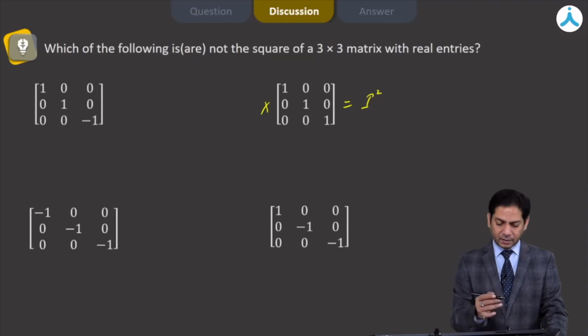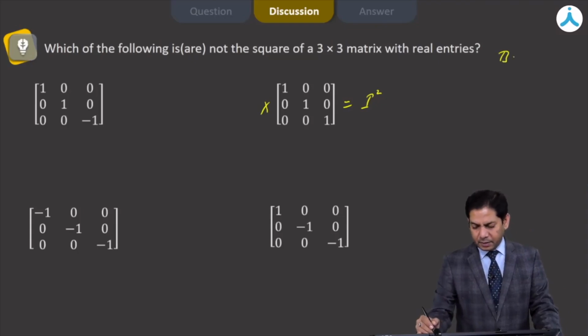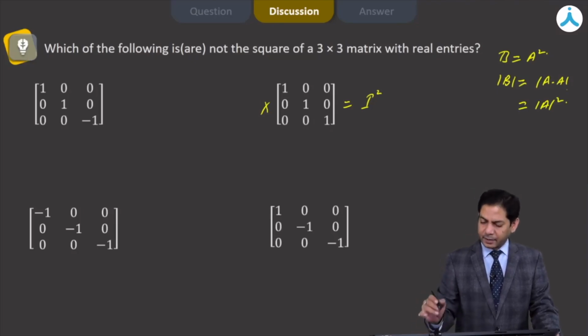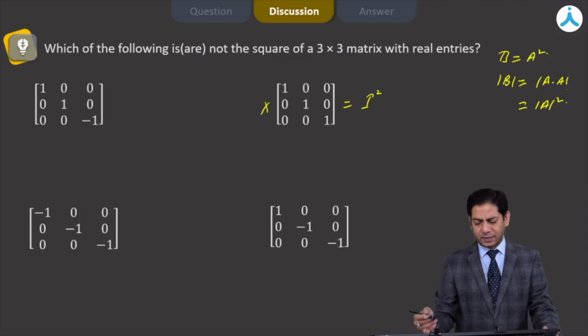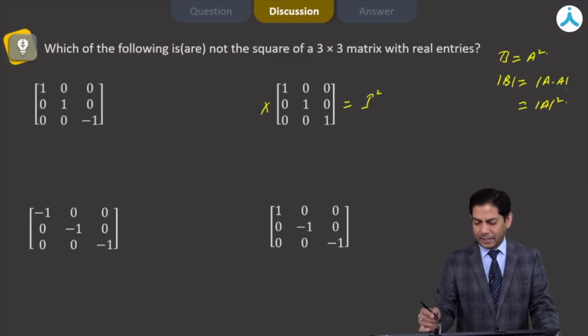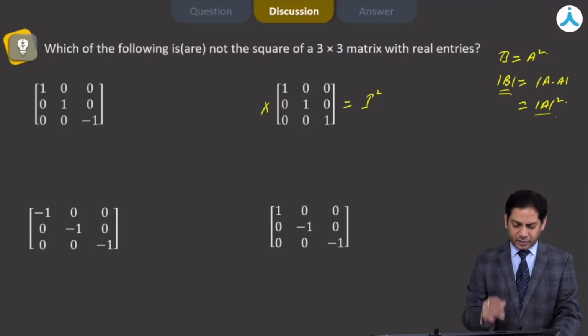we can't take the square root, but we can find the determinant of any matrix. If B is equal to A square, then determinant of B will be equal to determinant of A into A, and that is equal to determinant of A square. Now from here we can get a criteria that if the determinant of some matrix is coming out to be negative, then we can definitely claim that it is not a square of some matrix, as determinant of B in this condition, if B is equal to A square, will always be equal to determinant of A square. So let's get their determinants, each of them.